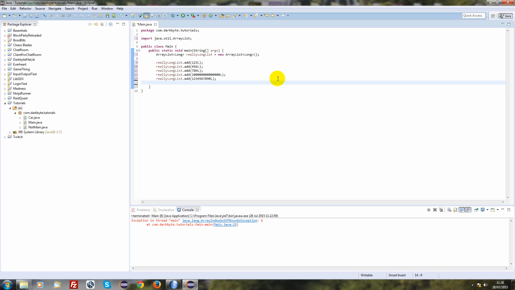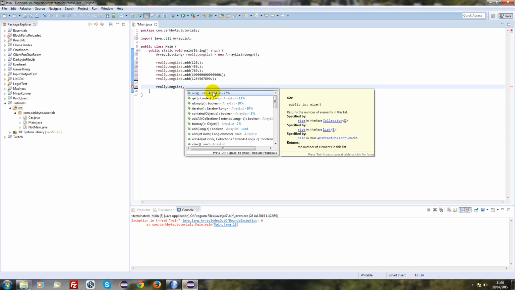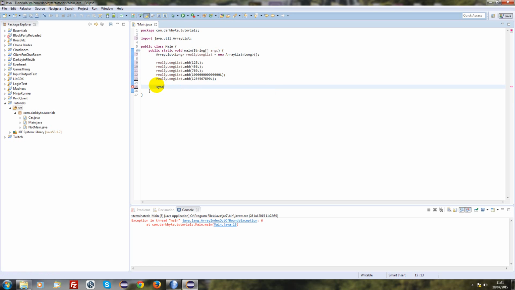So there we go, we've got our really long list made, and now we can do a lot of other methods with this. So we're going to do really long list dot, and we can find out the size, and we can get parts of it. So what we're going to do is just print out the last bit. So we're going to go really long list dot